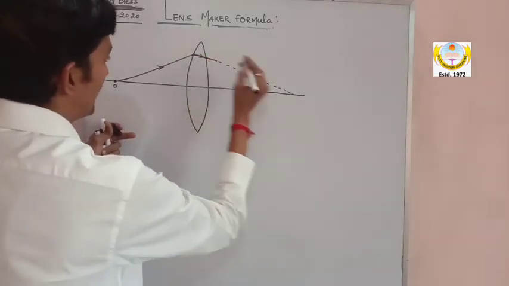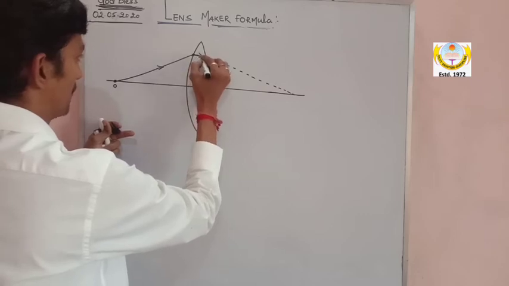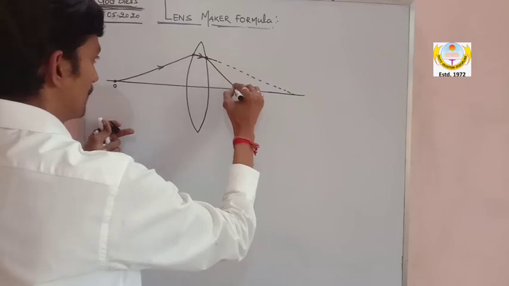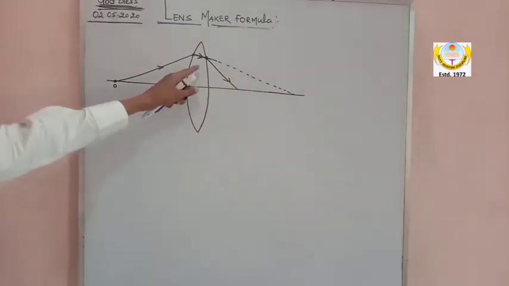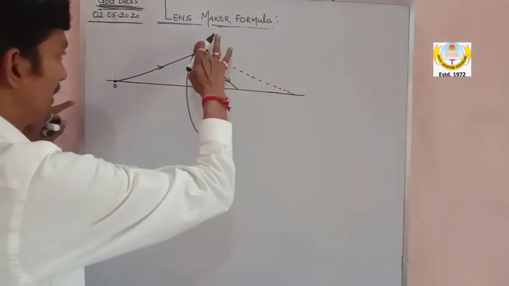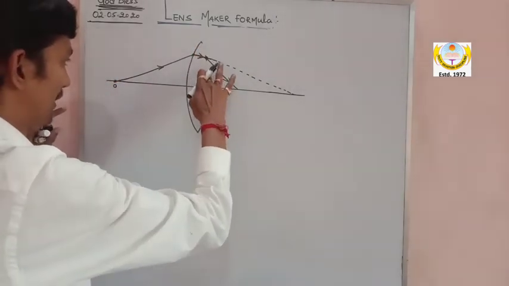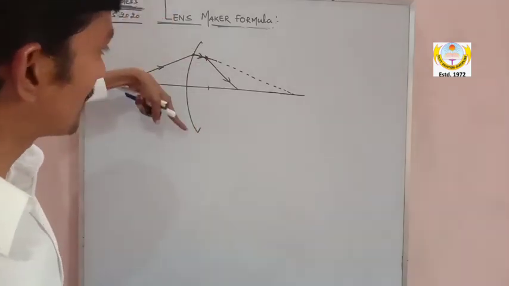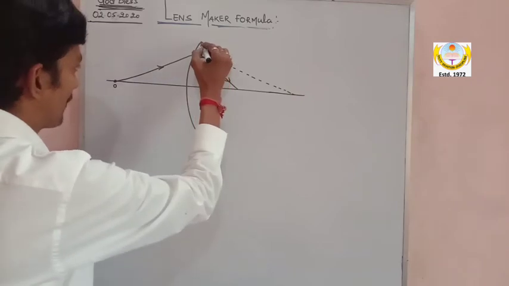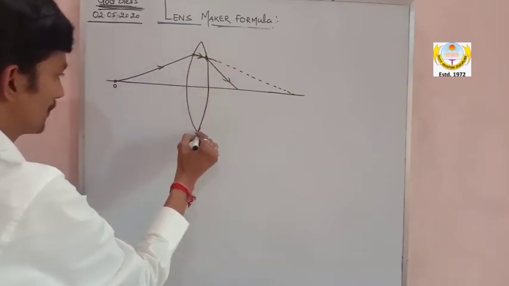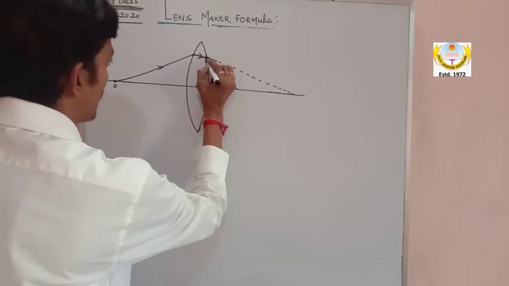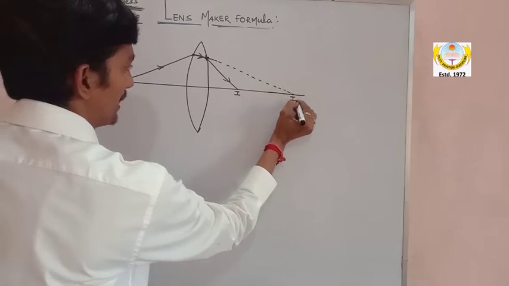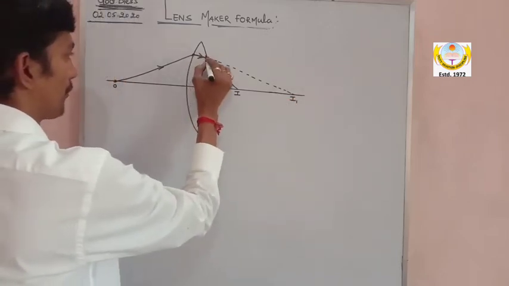But my dear, this light is going at the back in the denser medium, and here the second refraction is also happening. So you can draw the diagram like this. See now, think over like this. Suppose the second surface is not there. So of course this ray is going like this because of the refraction, and as soon as the second surface came here, another refraction takes place at this point. You can see, my dear. So here is the real image I1. Now it acts as the virtual object for this surface,